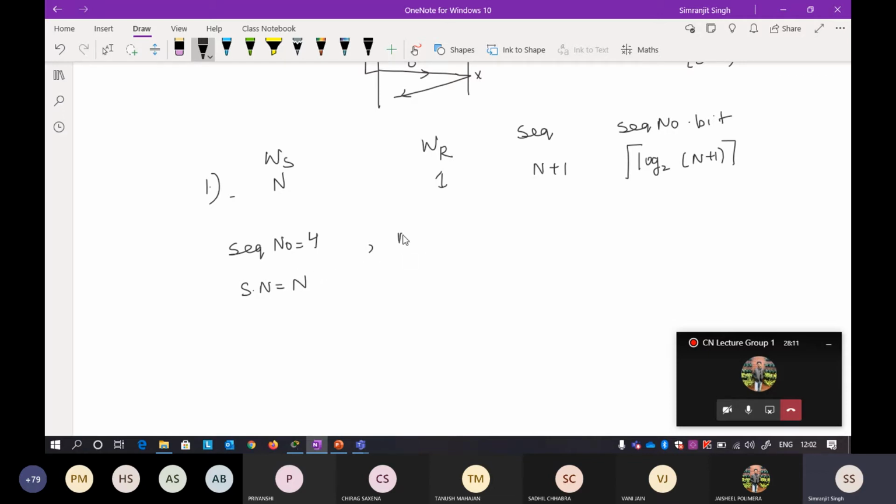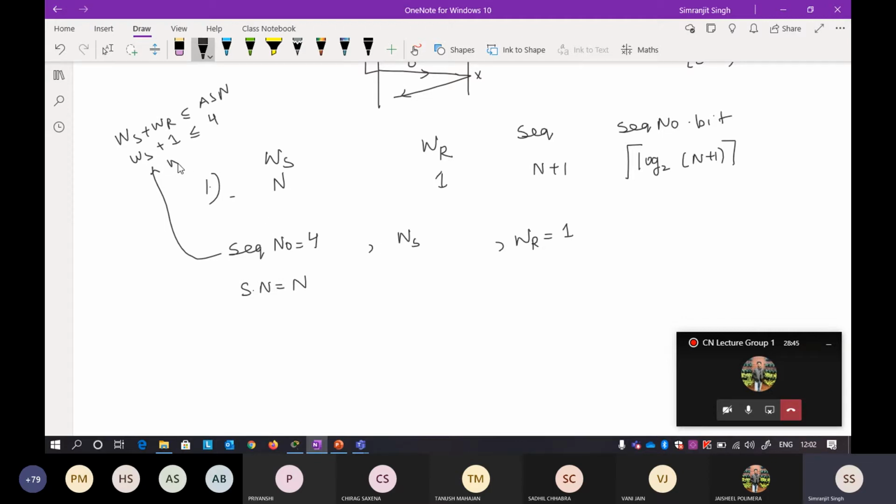Now, what is your sender window size and what is your receiver window size? The receiver window size, you already know, in Go-Back-N is 1, and you have been given a sequence number as 4. Keep the formula handy: sender window size plus receiver window size should be less than or equal to the available sequence number. What is the sender window size here? I don't know. The receiver window size, as you always know, is 1. So it is less than the available sequence number given here, which is 4.